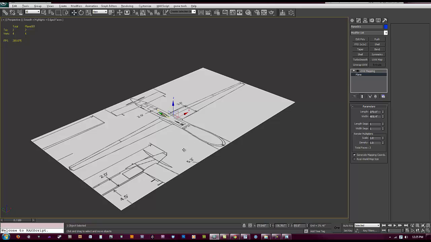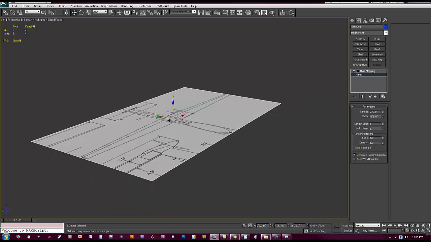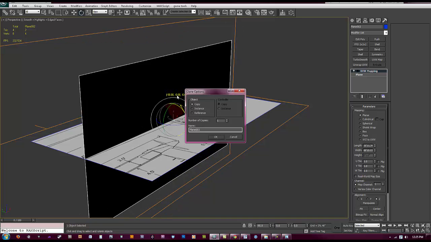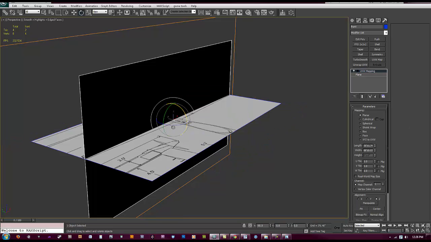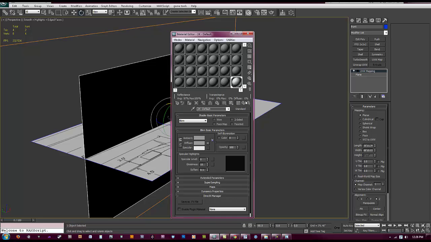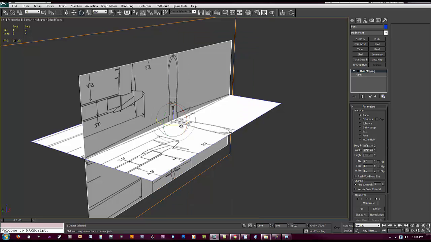Alright, now what we want to do is make two planes. So shift click up like this, 90 degrees with your snaps on up here. So let's call this one front for a front picture. And press M and hit up here, and then turn your self illumination all the way up, and now we can see both sides. And then let's go ahead, we'll size this one up,